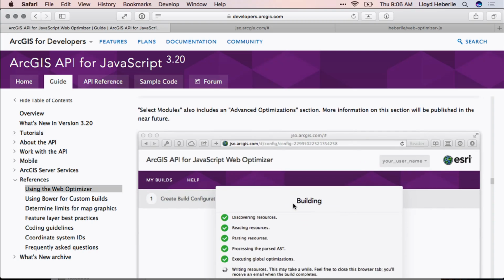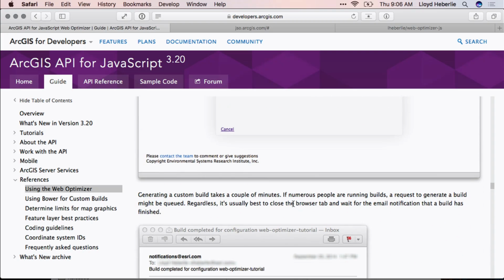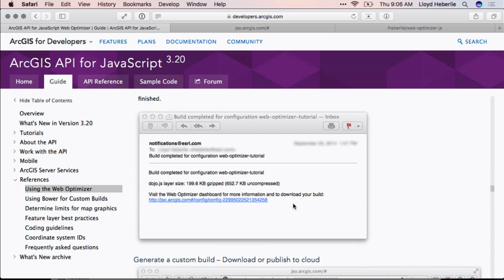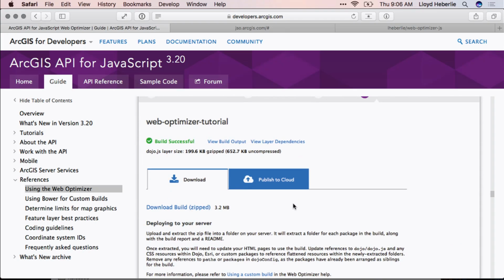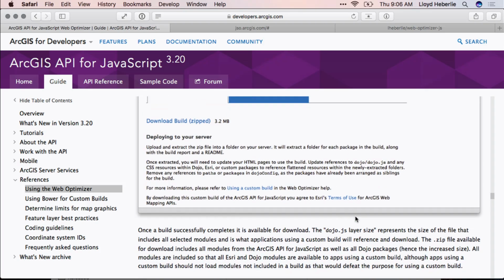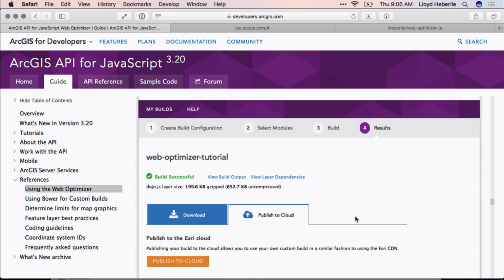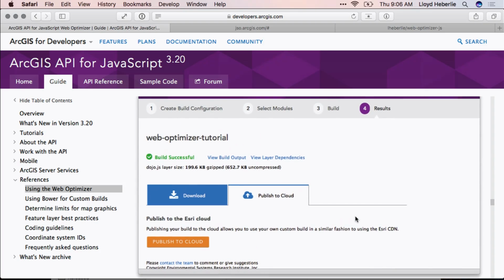So there's some more information in here about what happens when the build occurs, and you get an email, and you can download it directly if you wait. There's also an option to publish to the cloud. So this is one of the benefits of using the Web Optimizer, is that if you have a